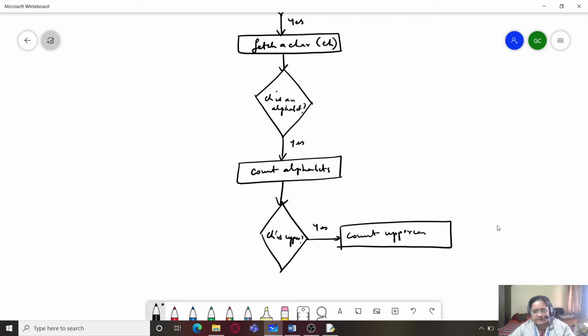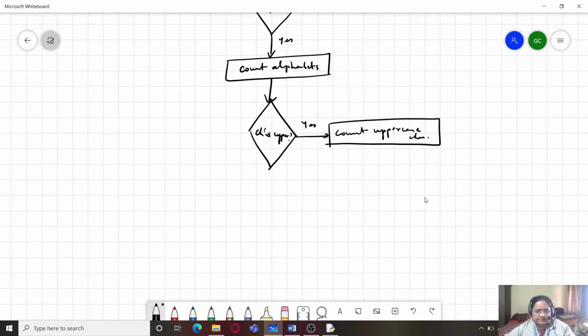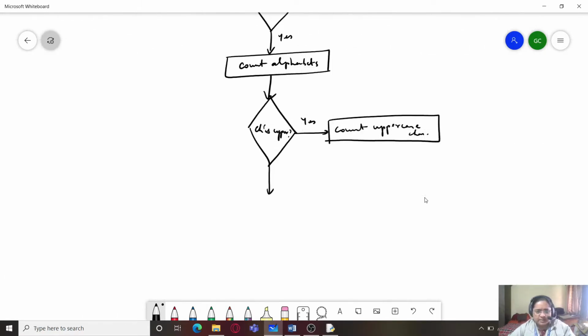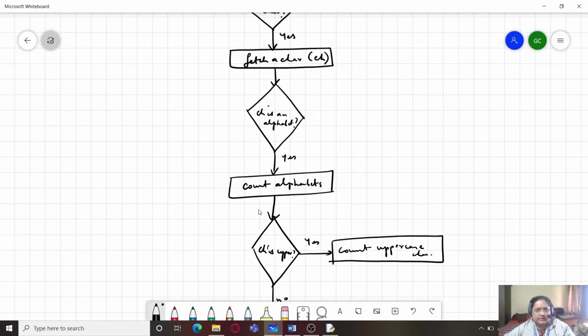And if it is no, that means it is still an alphabet, and we will be counting the number of lowercase characters. So we'll be doing that, and once we have completed this, we will be moving forward.